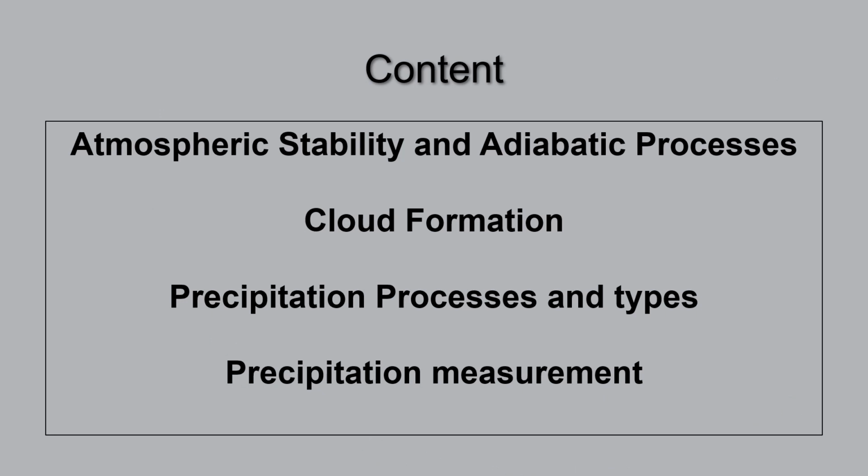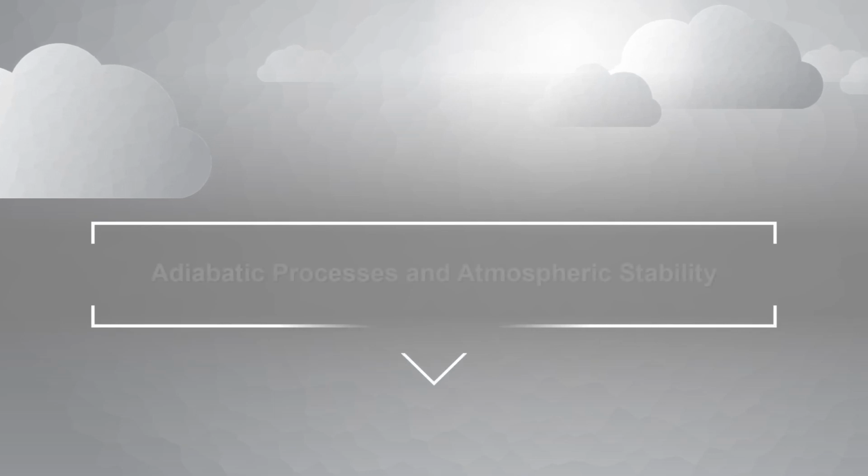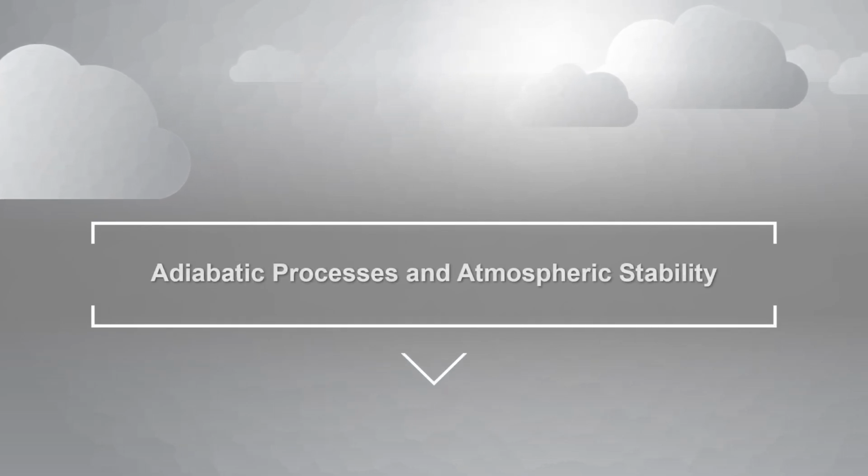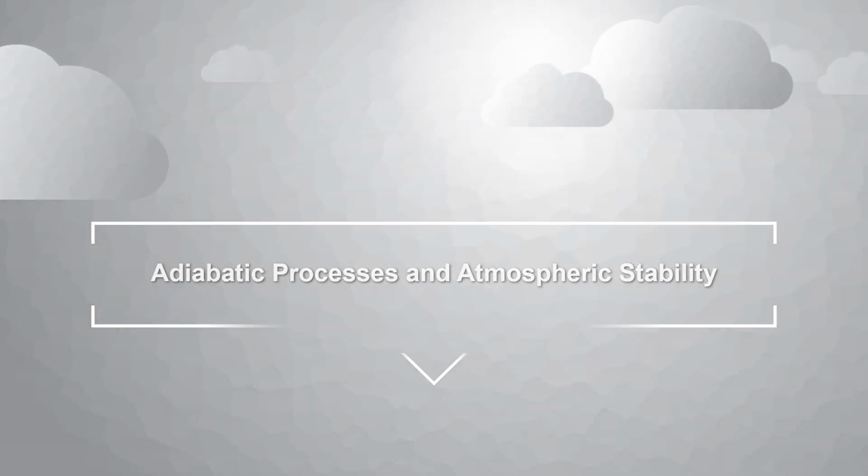we have the atmospheric stability and adiabatic processes. And we also have the cloud formation. And we're going to talk about the precipitation processes and types and the precipitation measurement as well. To start with the adiabatic processes and the atmospheric stability, we're going to define first, or let's